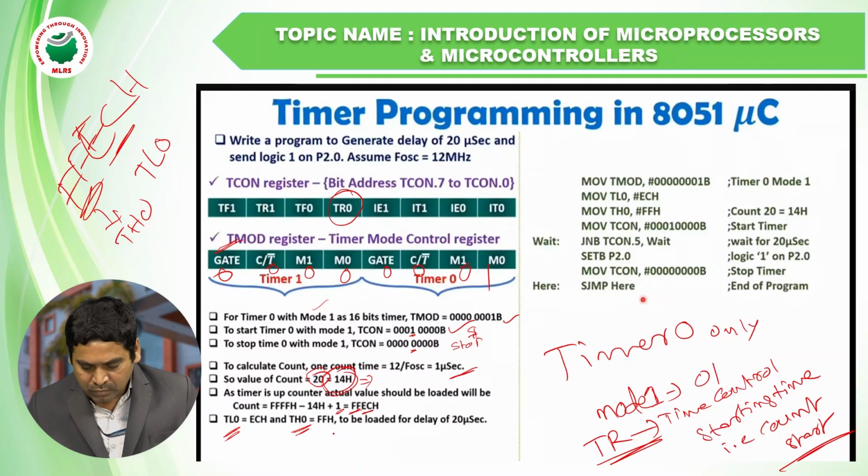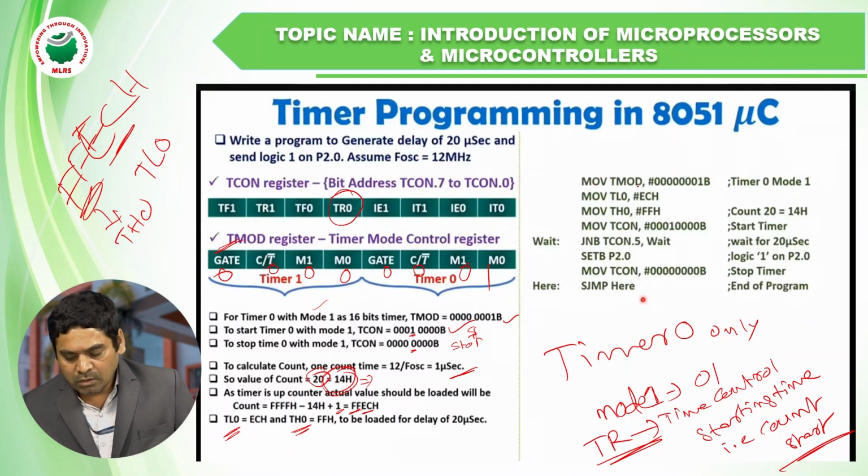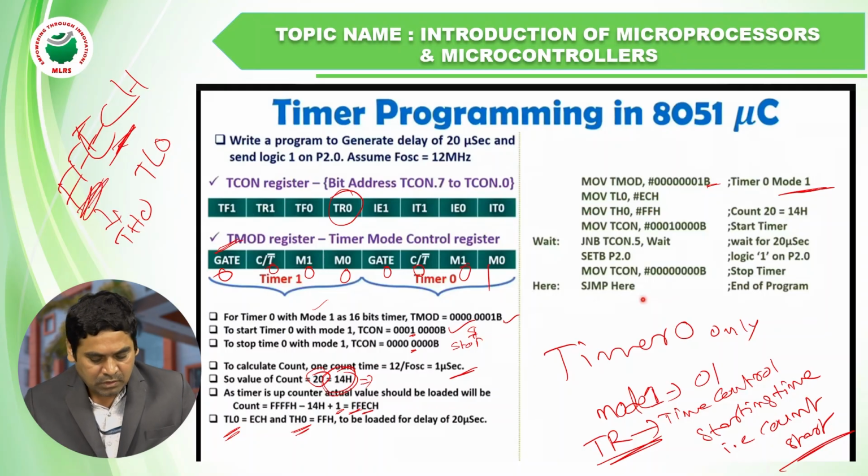We can program it; observe the instructions once. MOV TMOD,#00000001B, meaning timer 0 mode 1. MOV TL0,#0ECH. MOV TH0,#0FFH. And the next instruction is MOV TCON,#